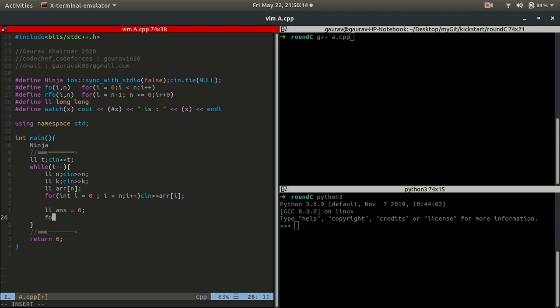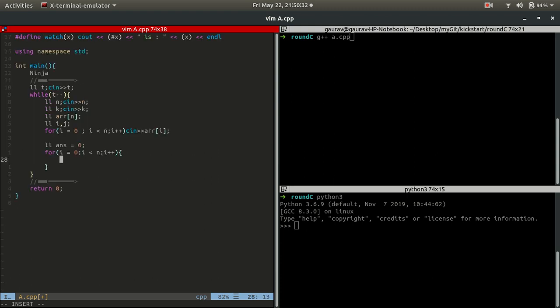Okay, now if array of i is k, if we find the element k in the array, then we should check the next k minus 1 elements to be 1 less than the previous elements.